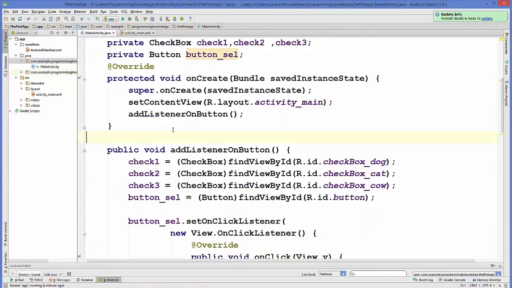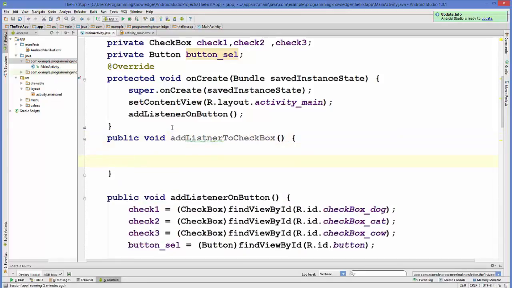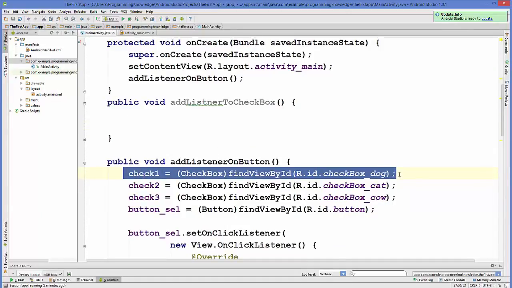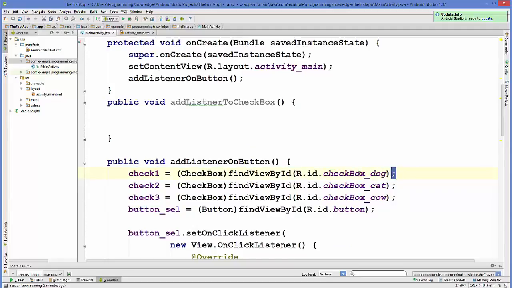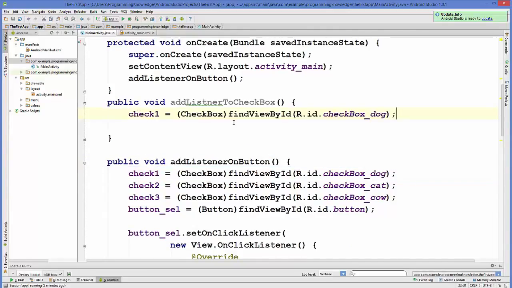So what we are going to do is we are going to declare one more method which will be public. Now once again we are going to cast our checkbox 1 variable because we want to take action on checkbox 1. So I will copy the code from here, and then we want to